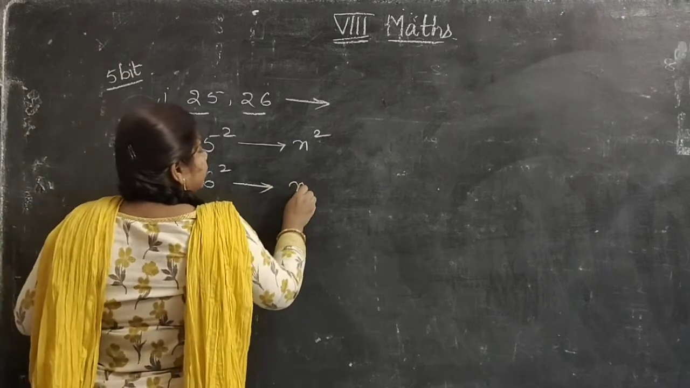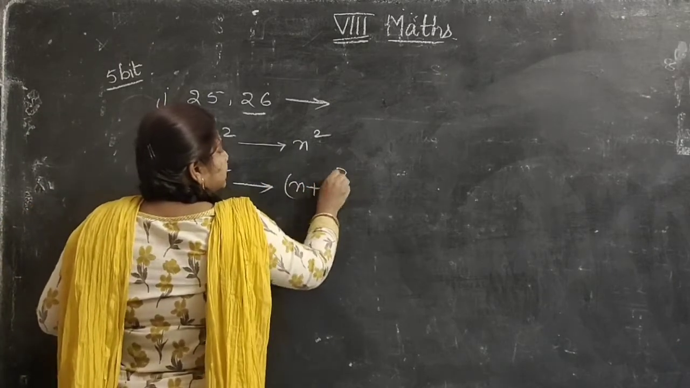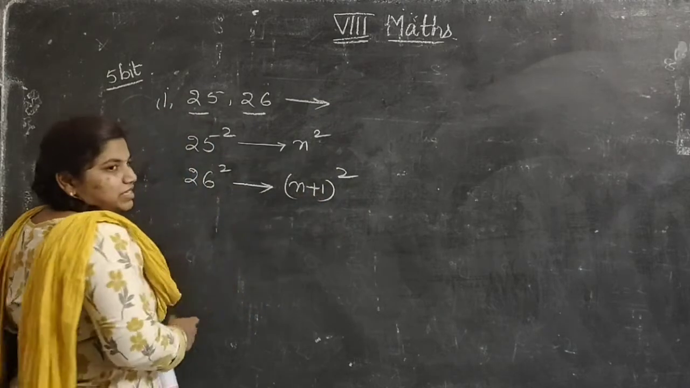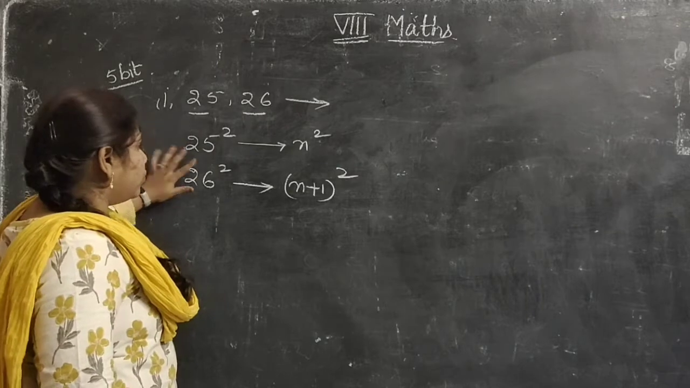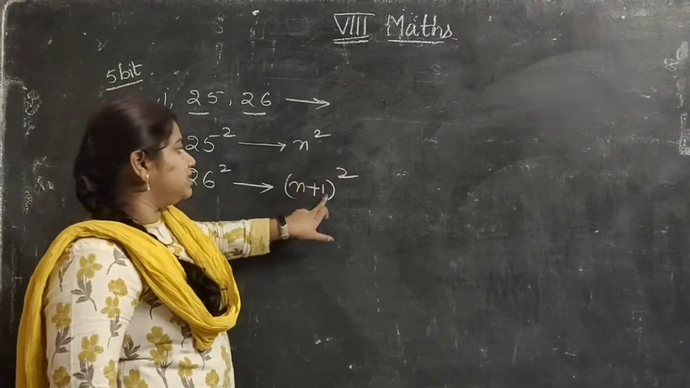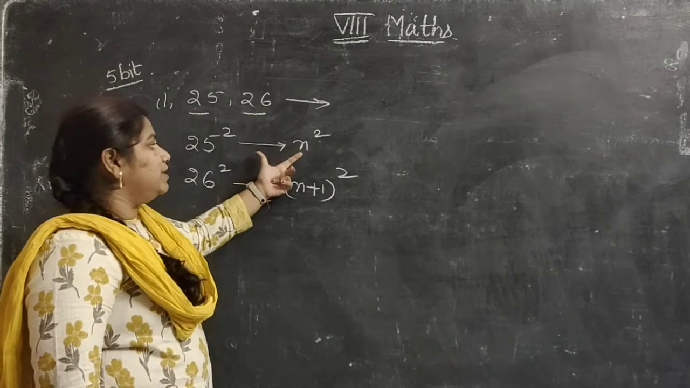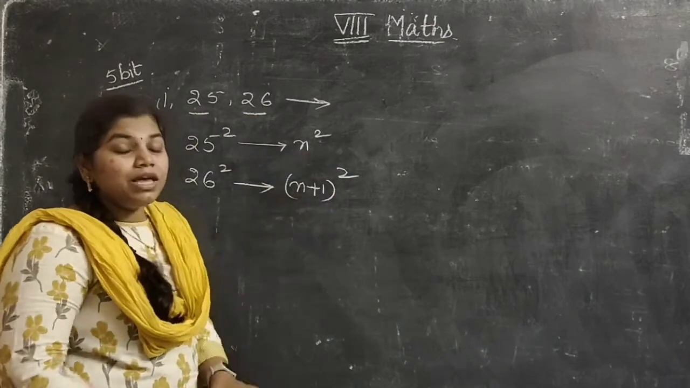26 square is in the form of (n+1) whole square. That is, n value is 25, and 25 plus 1 is 26. So these two terms are in the form of n square and (n+1) whole square. So when the given values are in the form of n square and (n+1) whole square, then only